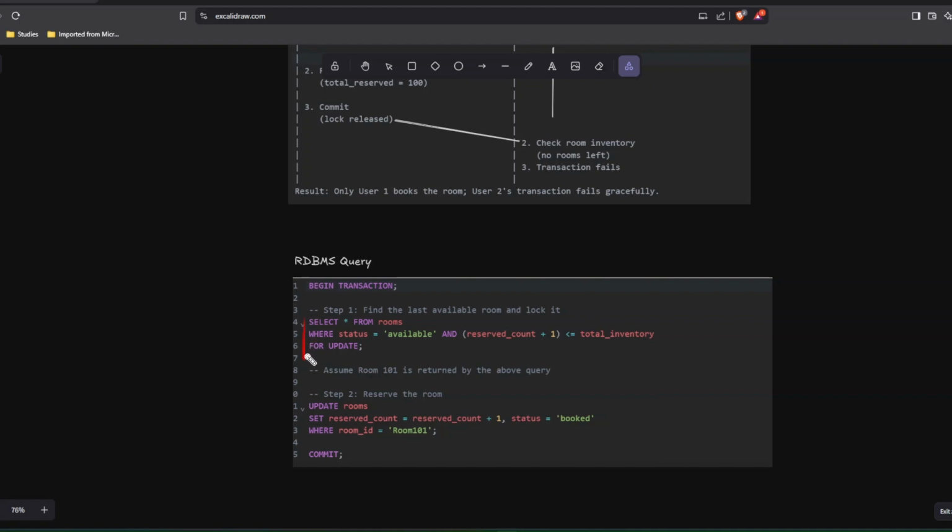Now what will happen is select star from rooms, and it will check the reserve count, whatever the current reserve count is, plus one should be less than the total inventory, and assume that room 101 is returned by the above query, and because it is going for the FOR UPDATE here,